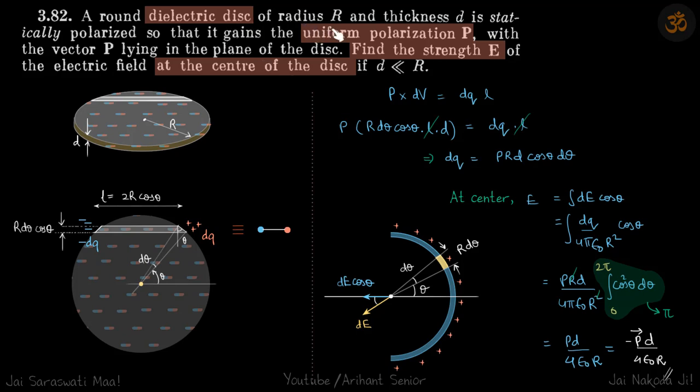So once again, we are given some polarization. So because of that given polarization and the volume of this strip, we will calculate the charges which are going to be on the ends by comparing it with a dipole. And from that charge which we will calculate on the edge, we are going to calculate the electric field at the center. And this will be at the angle theta, so we are going to integrate it for the whole disk to get the total electric field at the center.